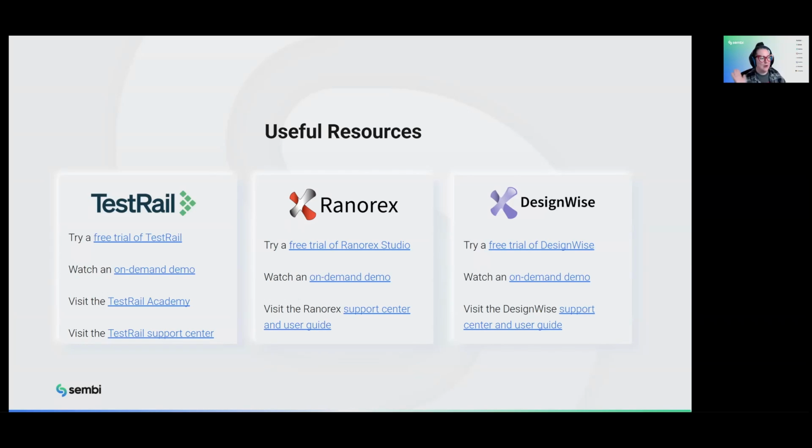Awesome. So on to the next one. We have Jonathan here asking, are you able to use Ranorex to run tests on multiple machines? Okay, so this is one that,